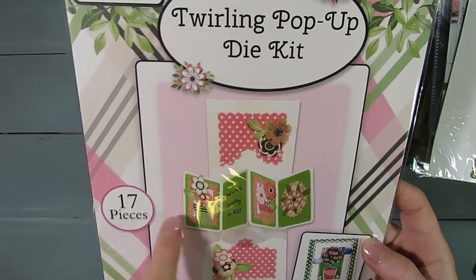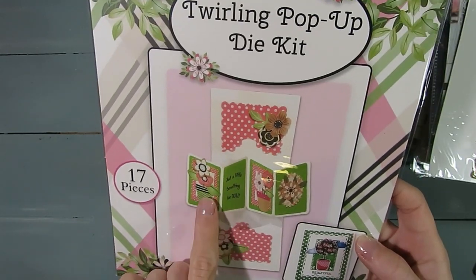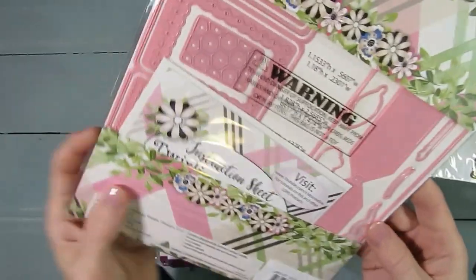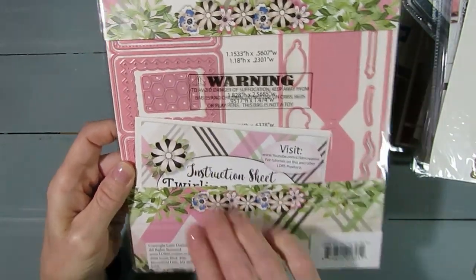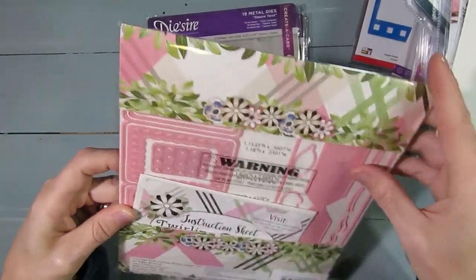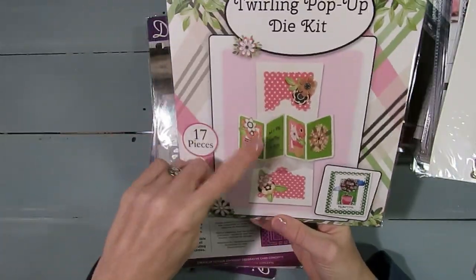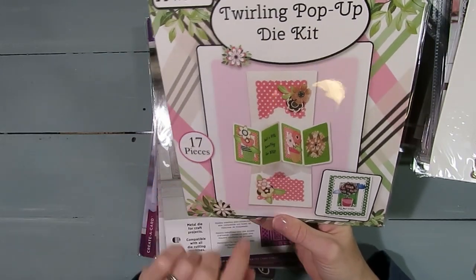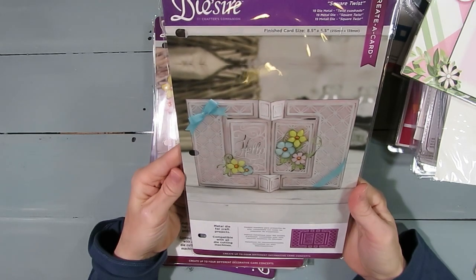I have a friend that has a die cut like this, but hers is from Kaiser Craft. So this one I thought was really fun. And it's a pink one, which is even really cute. And it has instructions. Again, these have never been opened. I just can't believe that they were giving them away for $1. But to be able to make that twisting pop-up card, very fun. And these ones also,